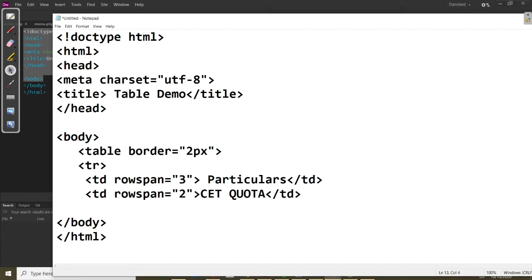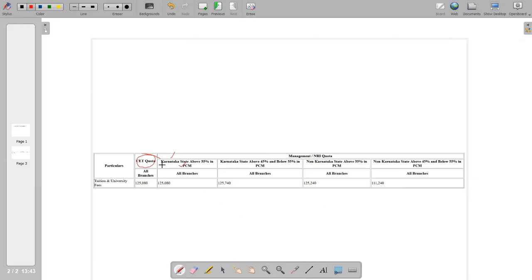Now coming to the next td. Here you can see this is the third value. The third value is this one only. But for the third value, what is happening is the merging of columns: 1, 2, 3, 4.